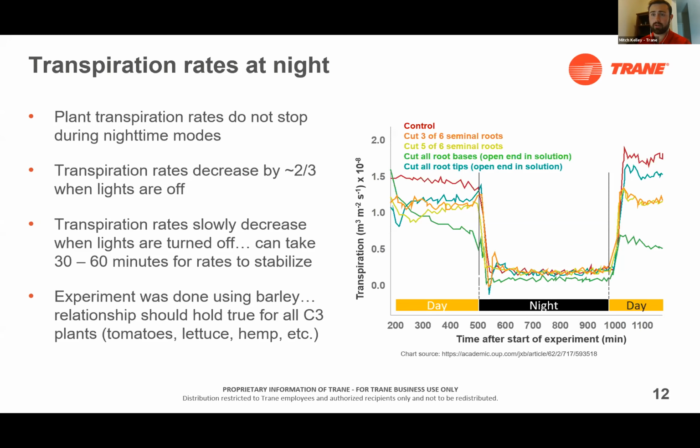Well, as you put in the slide, the transpiration rates decrease by 2/3 when the lights are off, but better understanding how to bring those lights down. It's not like you walk up and flip a switch and walk out of the room and the lights go off. You definitely want to try to mitigate that type of shock to your plants. If you were to, let's say, sing a lullaby to your plants, the length of that time in the song while you're bringing down the lights is much more natural, like the sun setting, versus somebody coming in and just flipping a switch. The plants themselves don't exactly know what to do when they have such a vast, definable moment